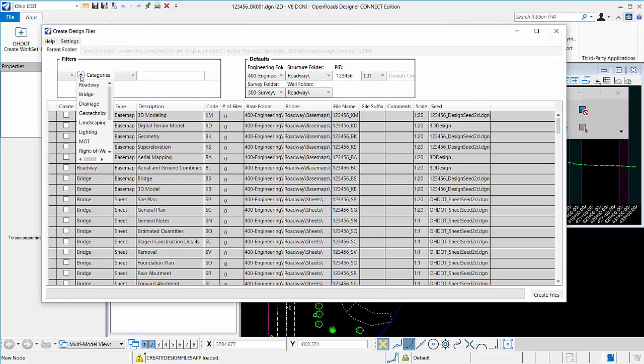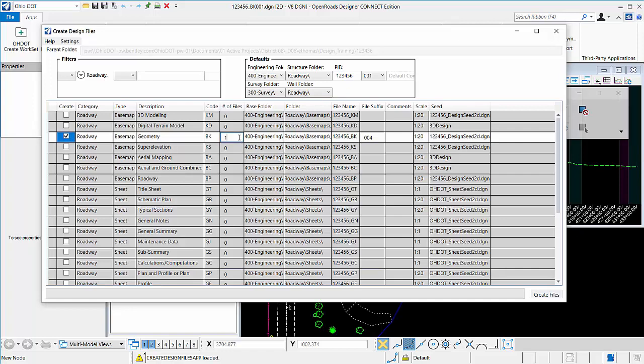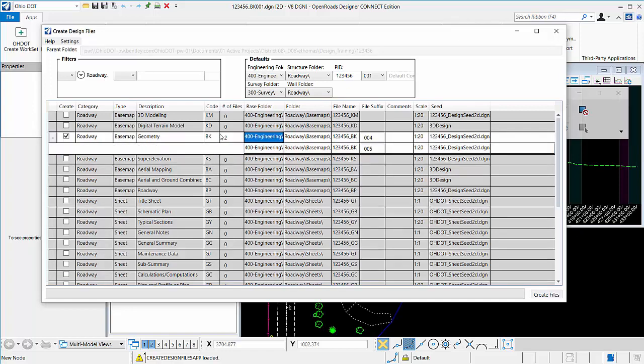What I'm going to do is create a couple files for roadway base maps. So under Categories, I'll click on Roadway, and then just click off to accept that selection. And what I want is a geometry base map. So I'll check on Geometry Base Map, and I'm going to create two files. So you'll see it's going to put it in the 400 engineering folder under roadway base maps, and the file will be named